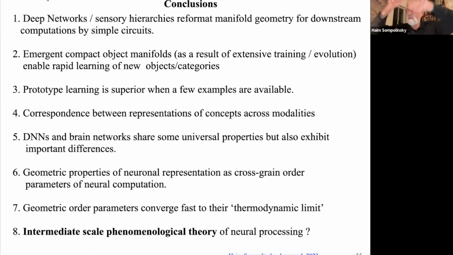It can be classifying many objects, like the capacity calculation that we did in the past, or for fast learning of new objects, as I told you about today. So that's statement number one. It's important to note that both convolutional networks and, as far as we know, IT cortex don't collapse the manifolds